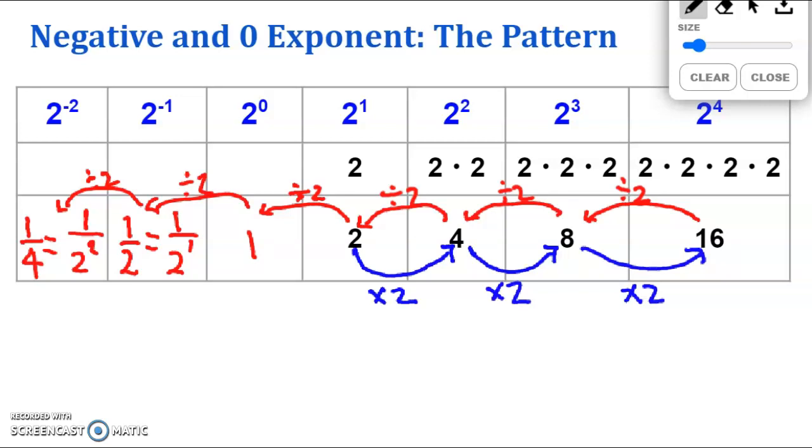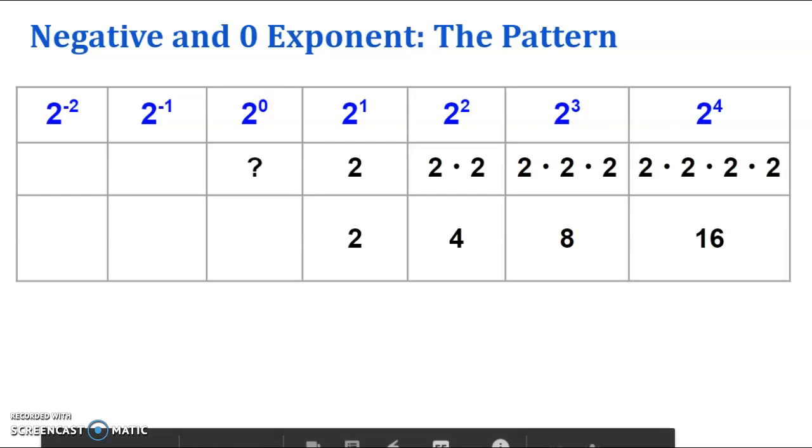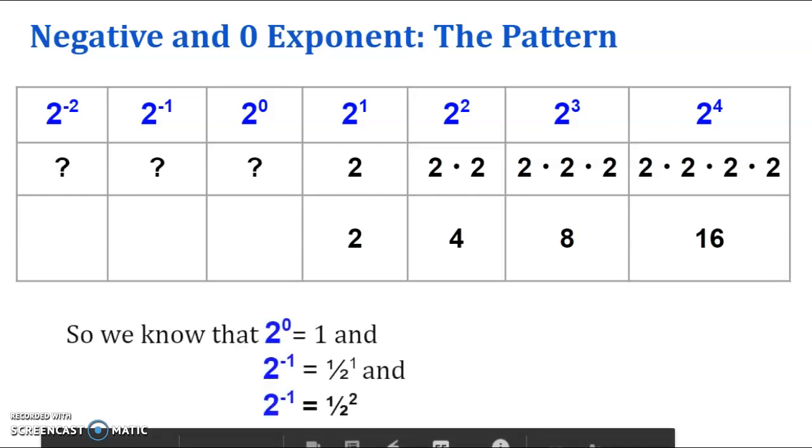Okay, so I do need you to copy this down, and I'm going to close this so that I can continue with the rest of the presentation. And so we know from this that 2 to the power of 0 is going to be 1, and 2 to the negative 1 is going to be